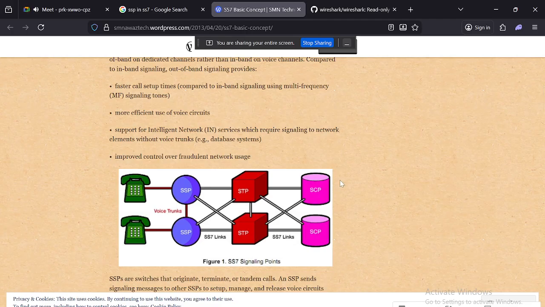Number two, the visitor location register, is a temporary database associated with a mobile switching center that holds a copy of roaming subscription data and the current location. Like if you stay in Chicago and try to call somebody else, all the information is monitored by the cops. So what do you need to do to get more privacy here?